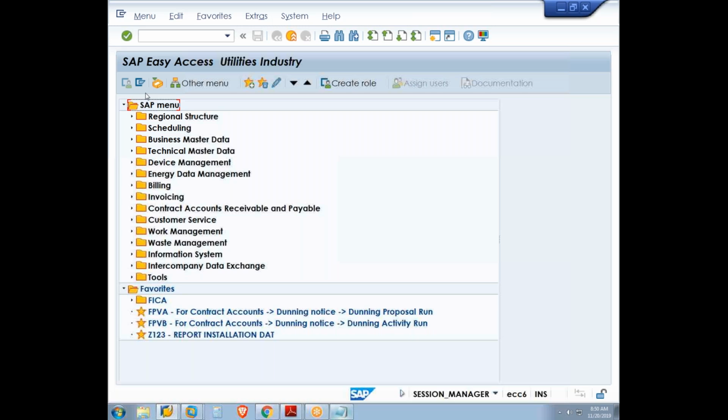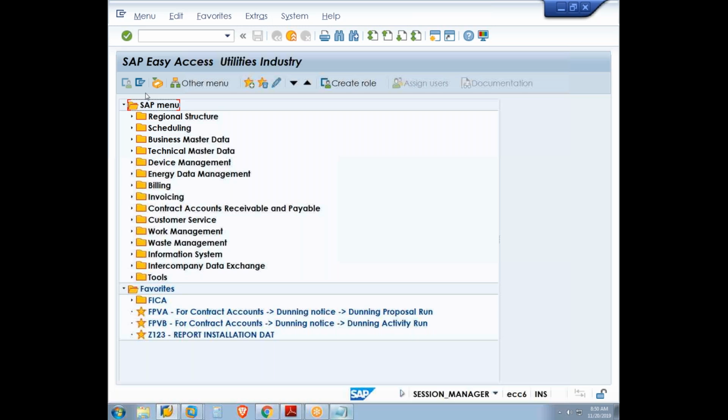The reconciliation account, energy account, price account, tax account, nothing will be posted. But these accounts and the corresponding values will be shown in the FICA document. Now we have to see how the FICA document will look, and also whether the system has updated the account receivable. After this, our next topic later on will be configuring the account display, one